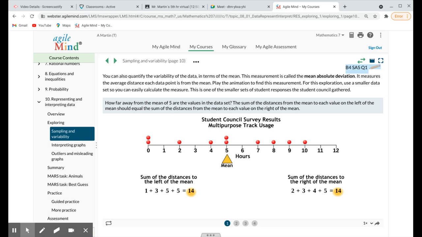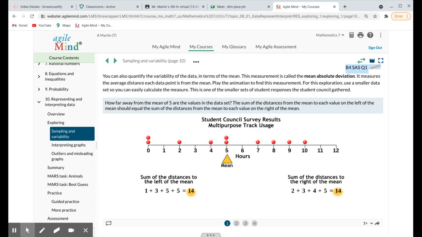Negative answer. Correct. And it would be negative 14. And we know that 14 plus negative 14 is what? Zero. That wouldn't be balanced, would it? No. So we need to make sure that we're using the absolute value when trying to figure out the